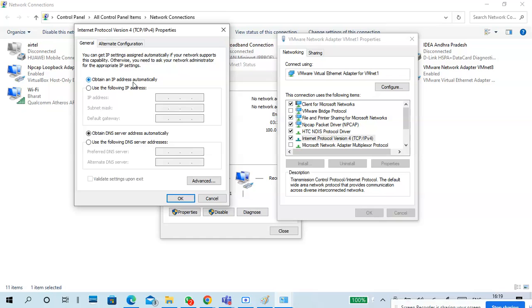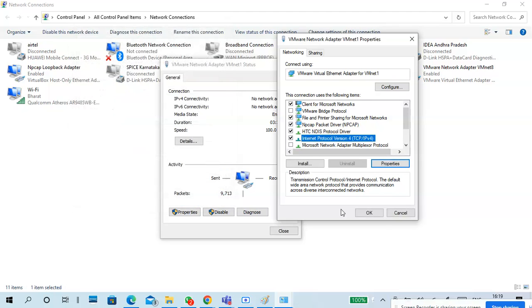So obtain IP address automatically means you want to get an IP address from a DHCP server. If you want to configure your own IP address, that is Use the following IP address. This is the manual configuration.